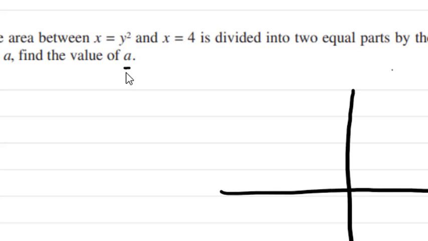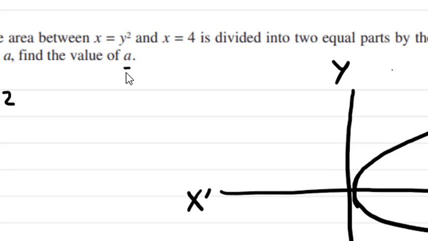So first I'll just make the axes. Here we have the x-axis and this is our y-axis, and now I'll just roughly draw the diagram here. You can see the first equation is x equals y squared. The degree of y is 2 and the degree of x is 1, so that means it is the equation of a parabola. The axis will be the x-axis because x is having degree 1, and it is passing through 0, 0, so the vertex will be 0, 0. So here this will be your parabola,